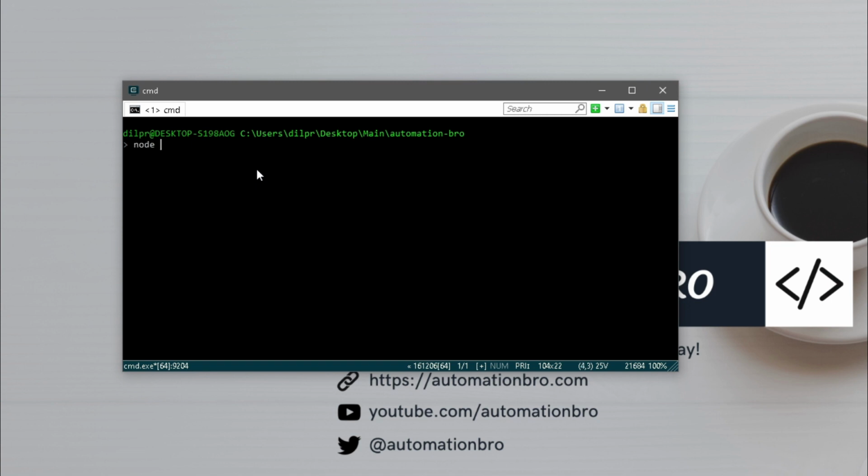And you can do that by doing node -v. This will print out the Node version for you. In my case, I have version 14.15.3. And if you don't really get anything back over here, in that case, you're going to have to install Node in your machine. And I will add the link for that in the description below.